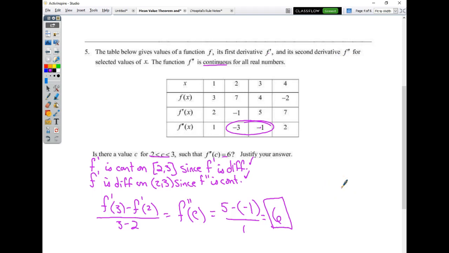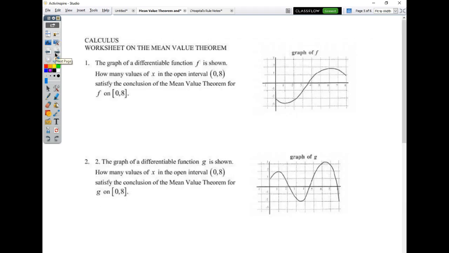Now that's a little bit more than the basic stuff on there, but I hope that was at least a little bit helpful. You've got a couple of questions inside your calculus tracker that deal with the mean value theorem. Give them a shot,